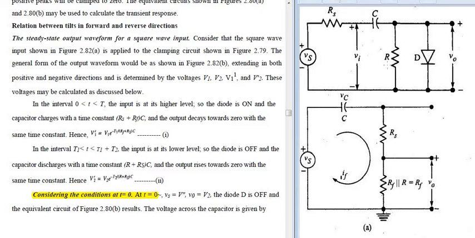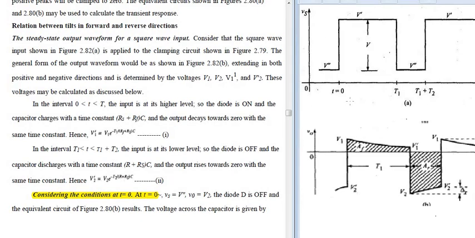How have we got Rf here? Because your diode is in the forward direction, and the output decays towards 0 with the same time constant, giving the output of V1 dash. Whatever output we have got here, this V1 dash, because we have moved up to here, we are going to 0 volts now. So your output V1 dash is equal to V1 into e to the power of minus t, divided by the time constant you have to give.